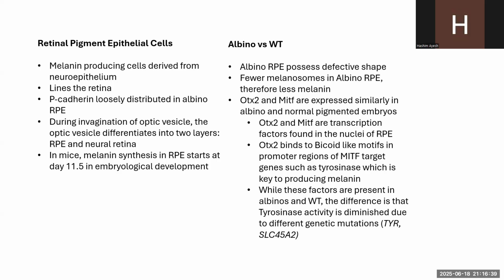OTX2 and MITF are transcription factors that are expressed similarly in albino and normal pigmented embryos. They're found in the nuclei of RPE. OTX2 binds to bicoid-like motifs in promoter regions of the MITF target genes, such as tyrosinase, which is key to producing melanin. While these factors are present in albinos and wild type, the difference is that tyrosinase activity is diminished due to different genetic mutations, such as TYR or